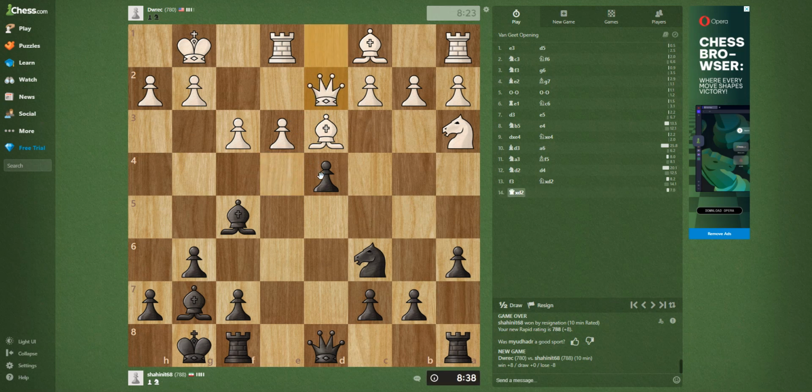He took my knight with his queen. So my reaction, there are lots of opportunities, so I decided to go with a knight to e5. A knight to e5, and again the middle of the board is very important. So now a pawn to e4 threatening my bishop. I came back and I'm waiting for his reaction,